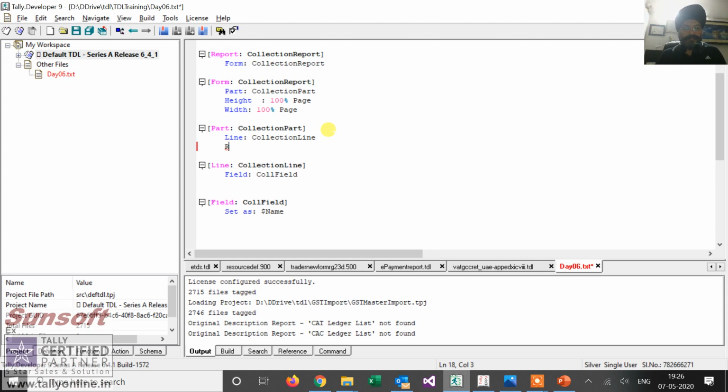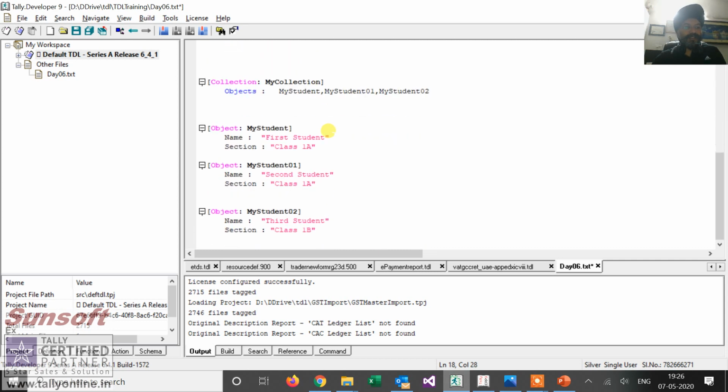There's a new attribute in part which is called repeat. We'll see what it is. After repeat, a line has to be there. So my line to be repeated is collection line, and after that the name of the collection comes, and my collection is my collection.